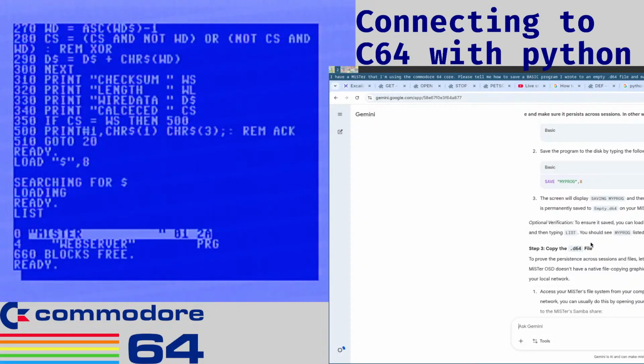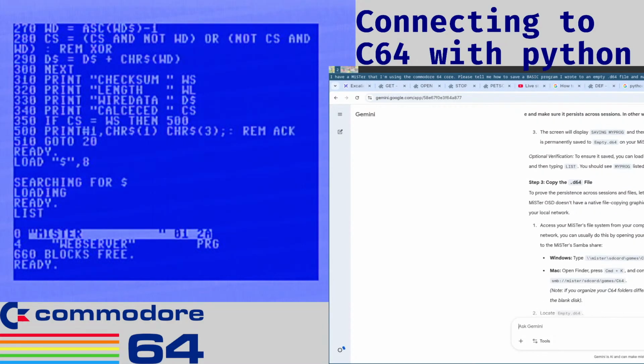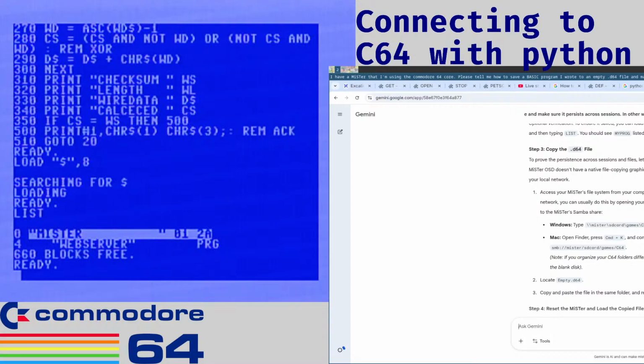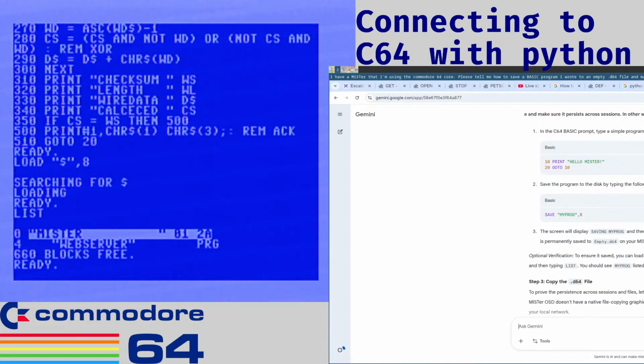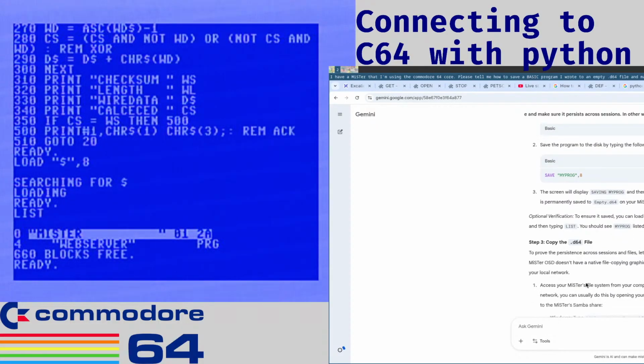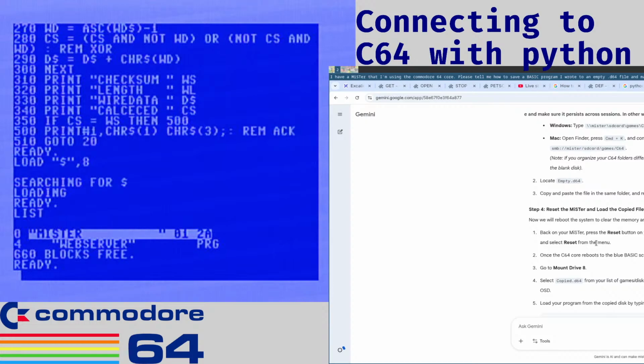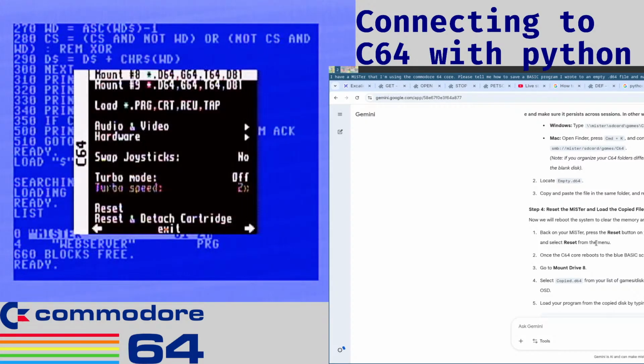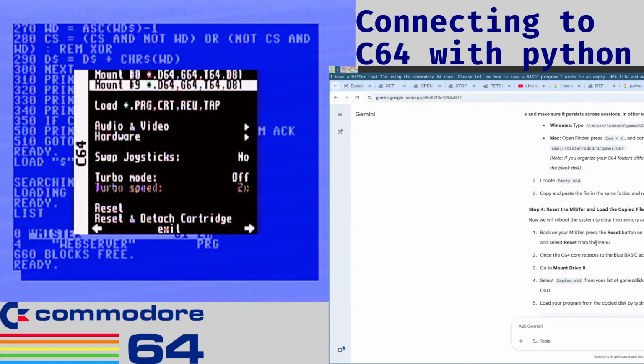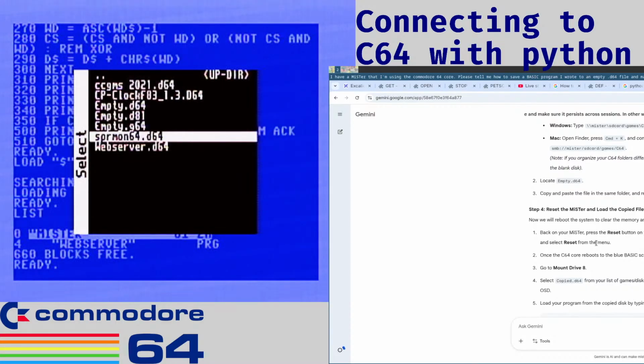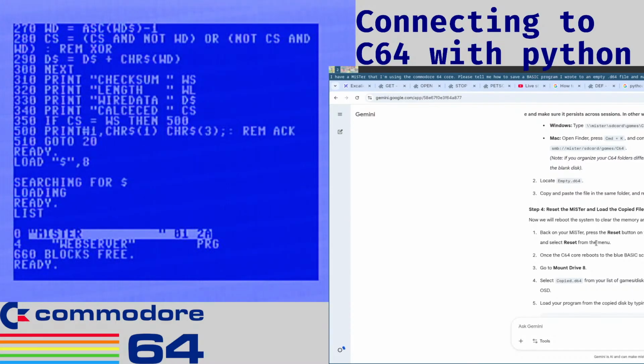Ooh. Ooh, I think it worked. I think it worked. Okay. All right. Okay, wait. Save my program permanently to empty.d64. So I think I can open up this, mount a new image,